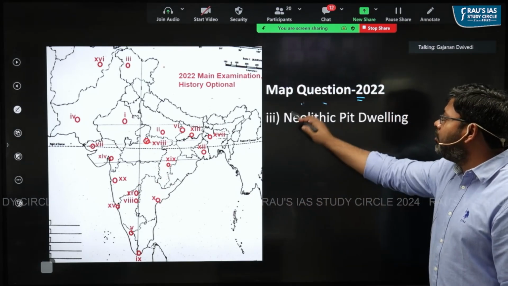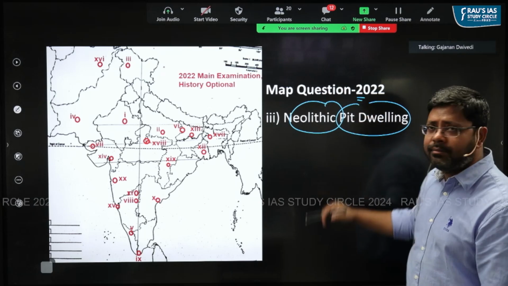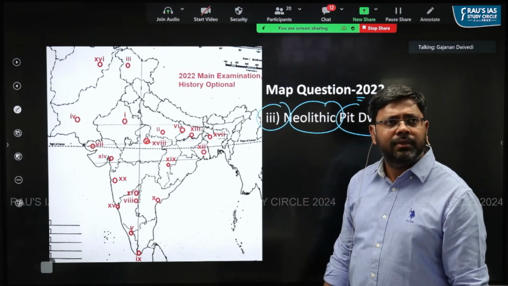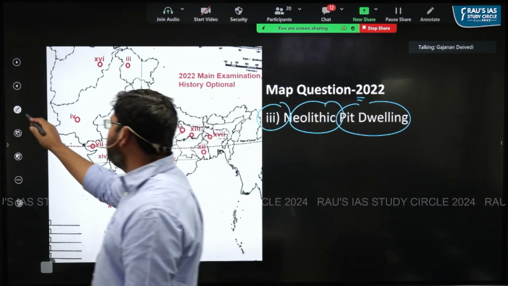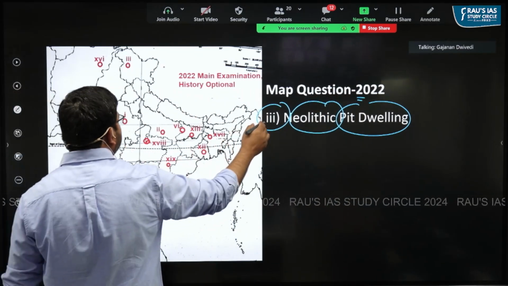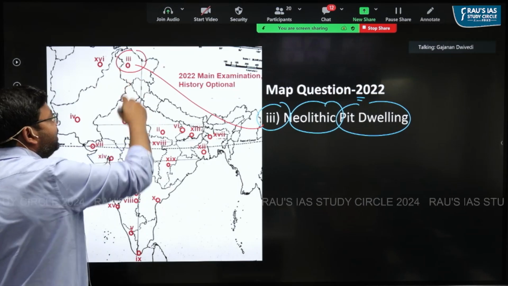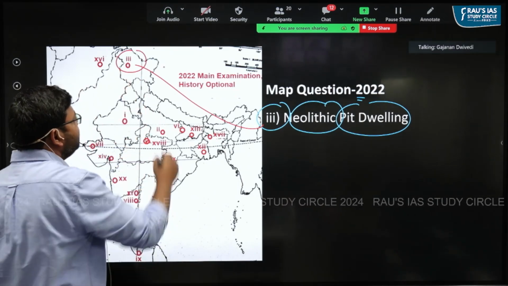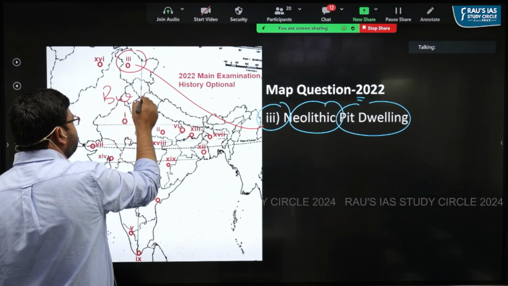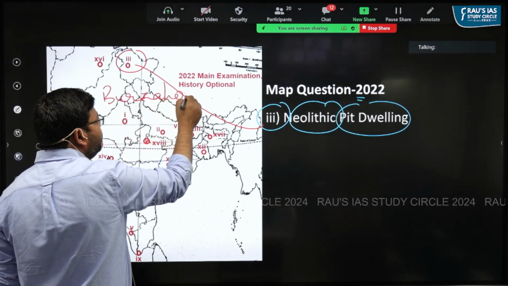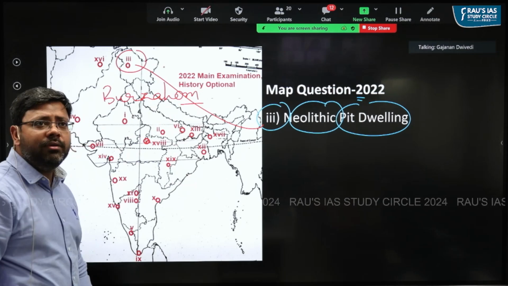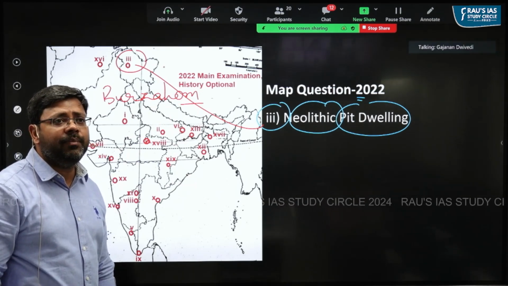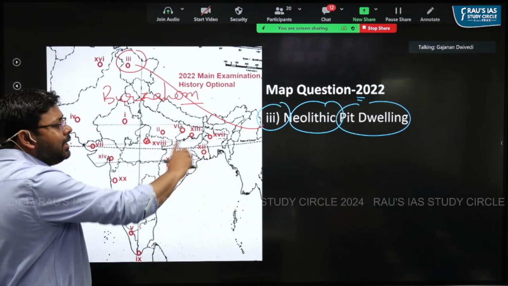Here they are asking about Neolithic pit dwelling. They said Neolithic pit dwelling is the 3rd site. This 3rd site is in Kashmir. In Kashmir, a super important site is Burzahom. So when you talk about Burzahom, Neolithic pit dwelling, what are the characteristics that we have found